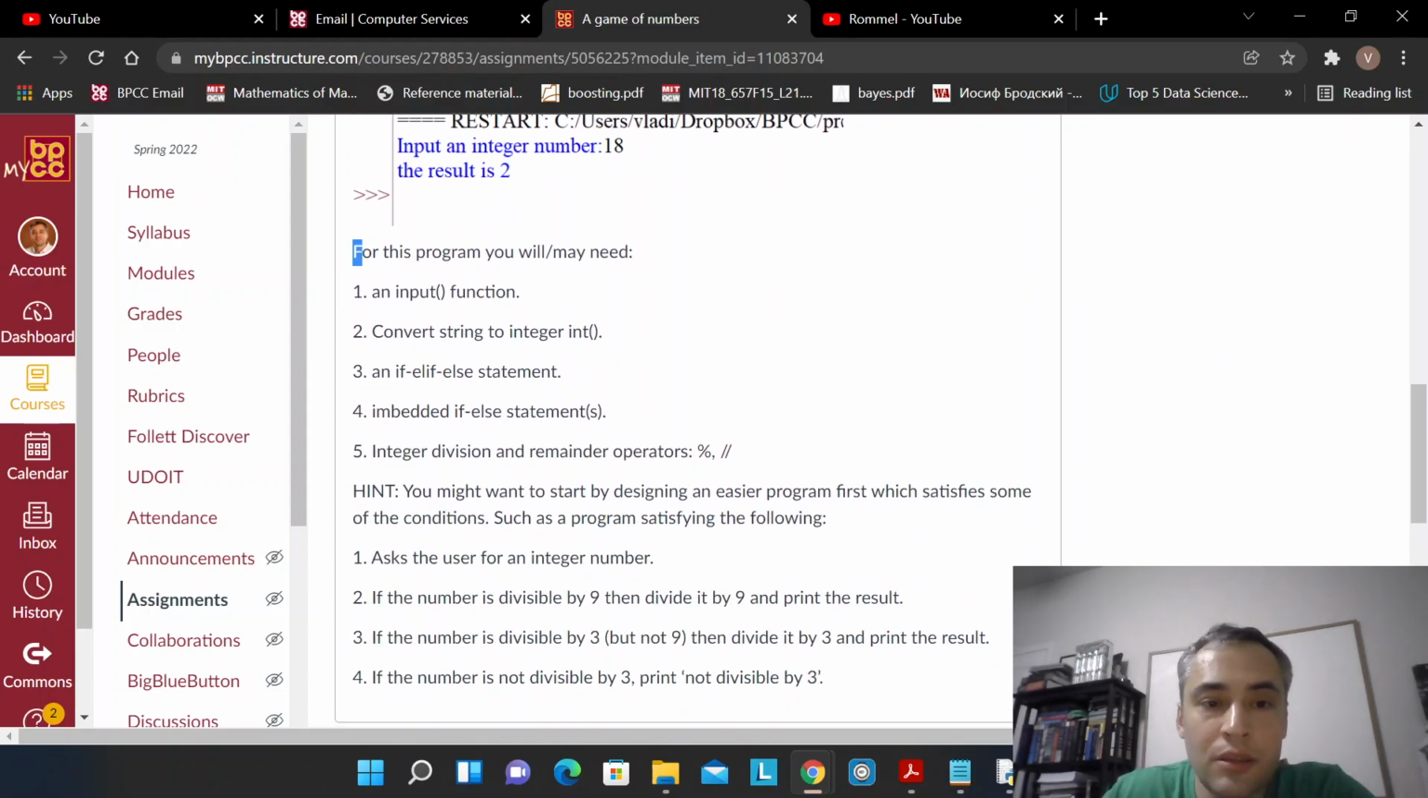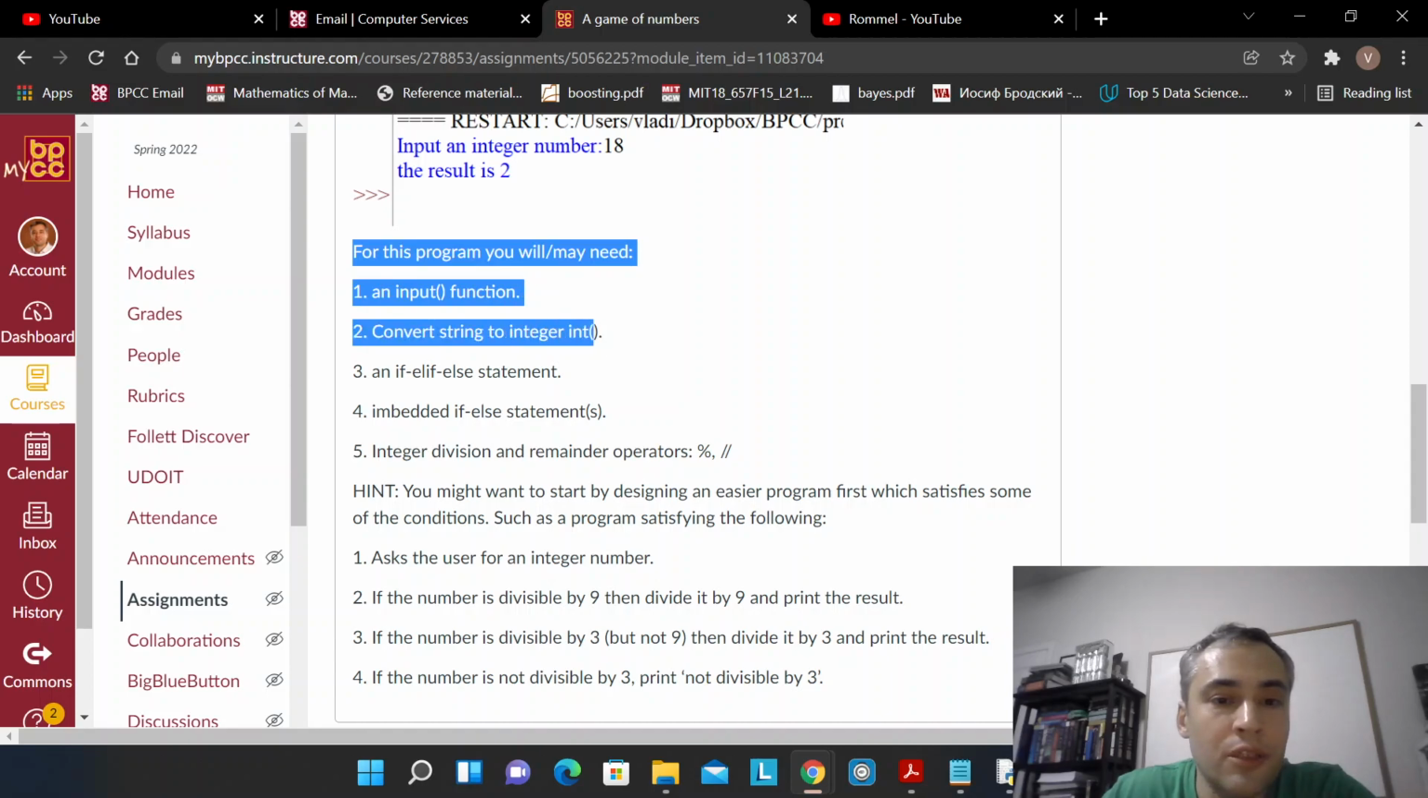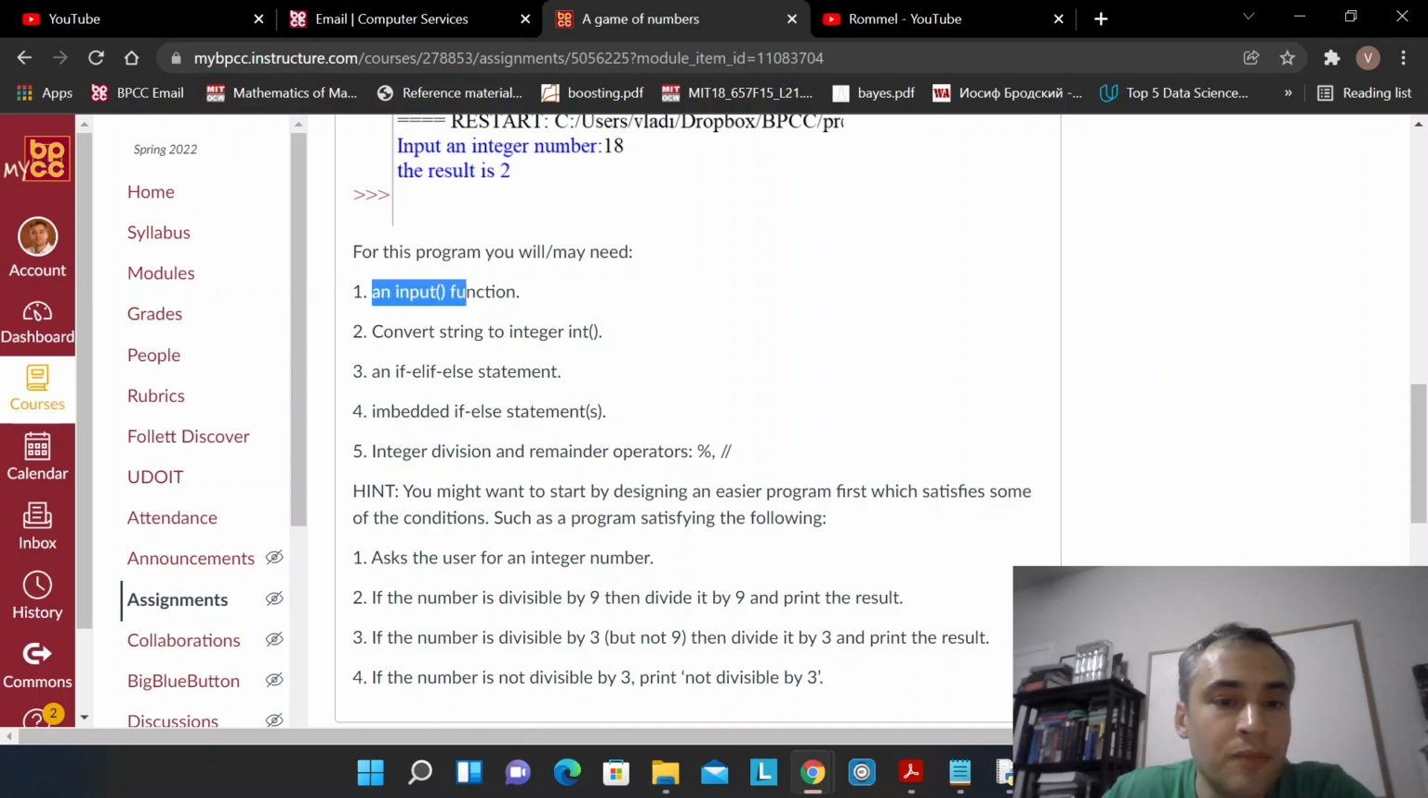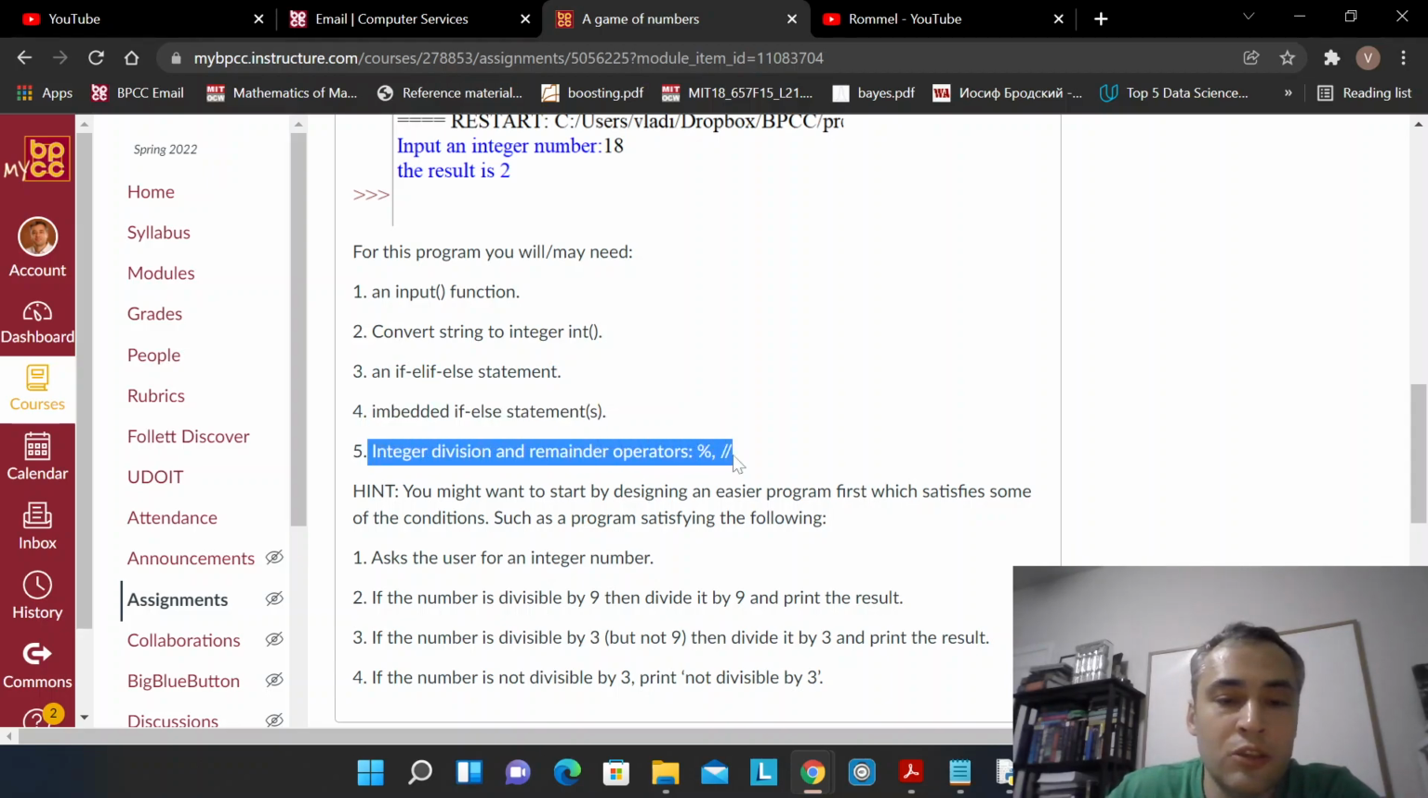But what is a big hint over here as well is what do you need? Input function. Don't forget to convert string to integer. You will need if, elif, else statements, embedded if, else statements, and you will need to be good with integer division and remainder operators. Okay, and one last